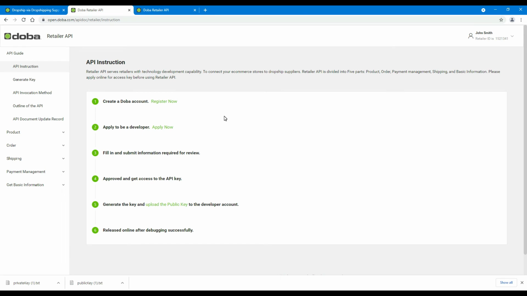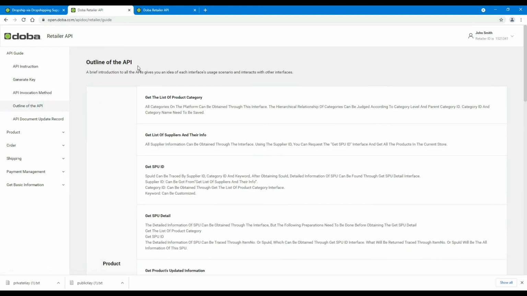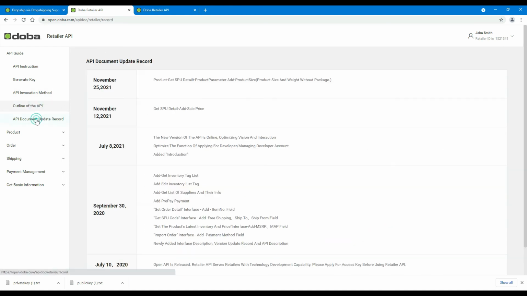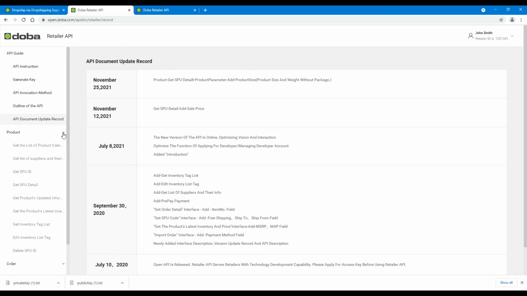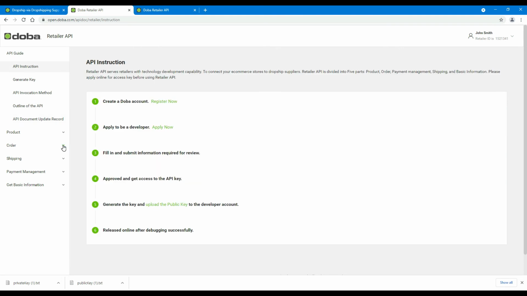Then, you may continue to view the other parts of the API guide, such as the invocation method, the outline, and the API update history. And, click to view the 5 API categories: product, order, shipping, payment management, and get basic information. For each instance,